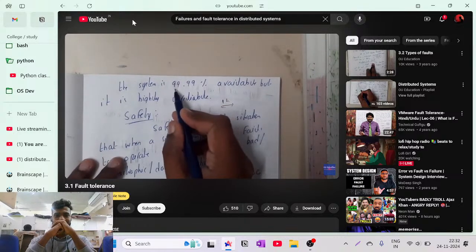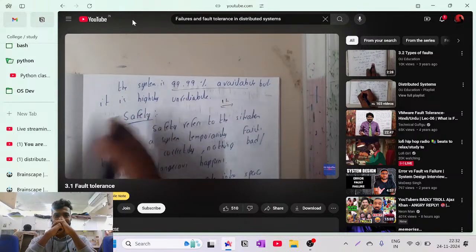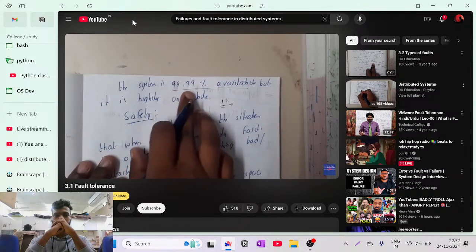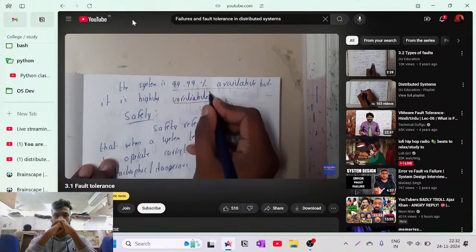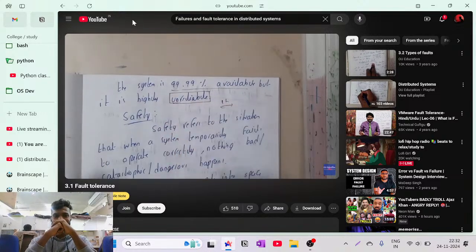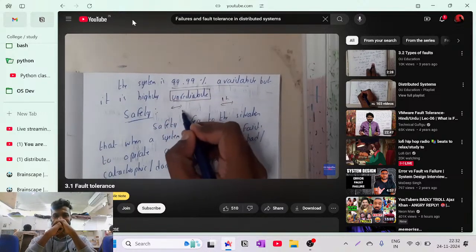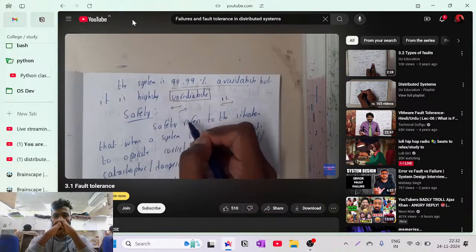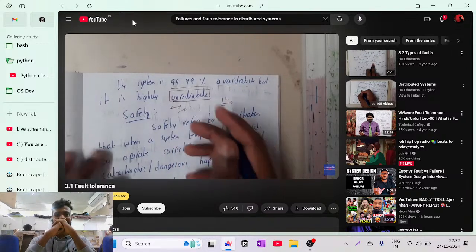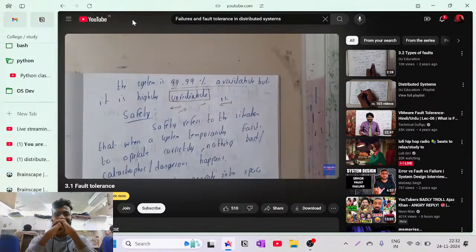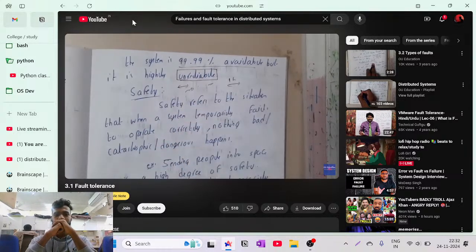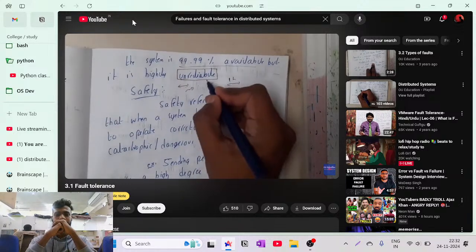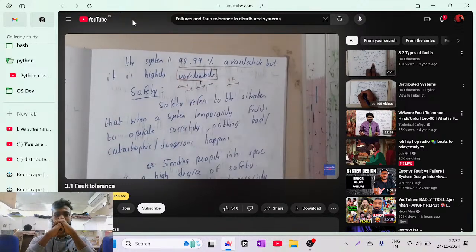In this situation, you can say the availability of the system is 99.99 percent, but it is highly unreliable, guys, because you cannot work continuously. You worked for a long time and submitted your data at that very millisecond, and it's just a waste of your time. That is why this system isn't reliable. I hope everyone got a basic idea about availability and reliability. In reliability, it is continuous time, and that's the thing you should remember.